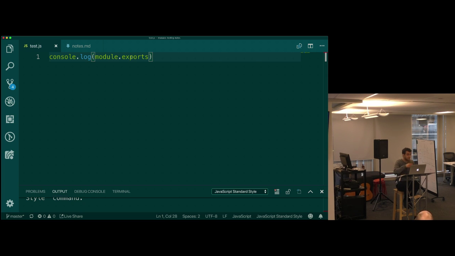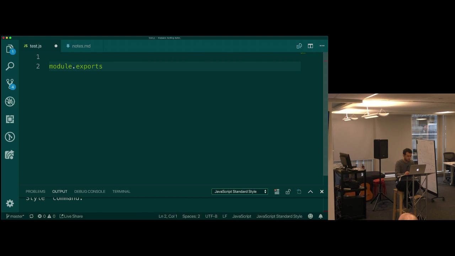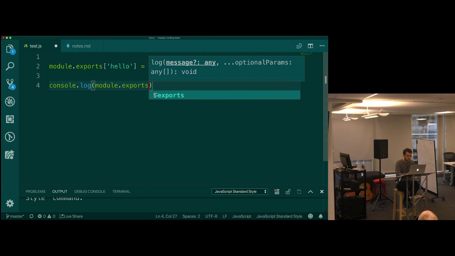I can add attributes to objects. I can add new keys to objects, right? As far as I know, there's nothing illegal about that. So maybe I can do module.exports.hello equals world. And maybe after that, I'll console log what module.exports is.